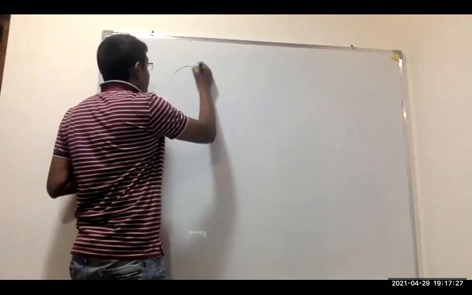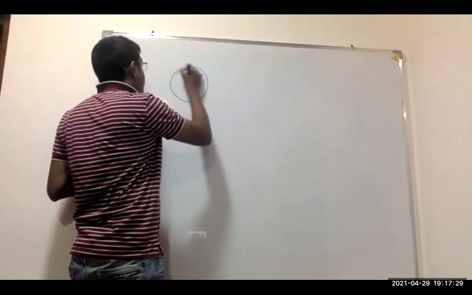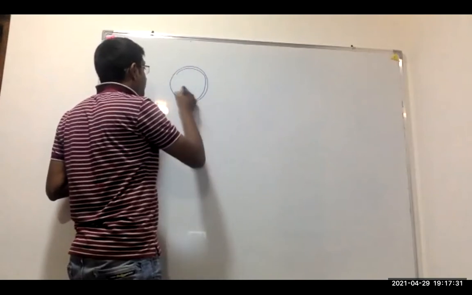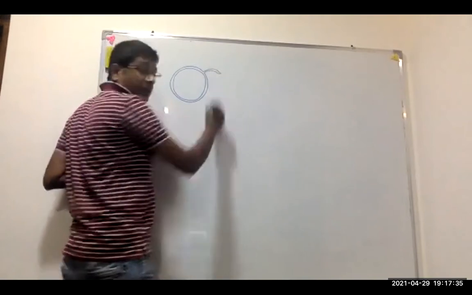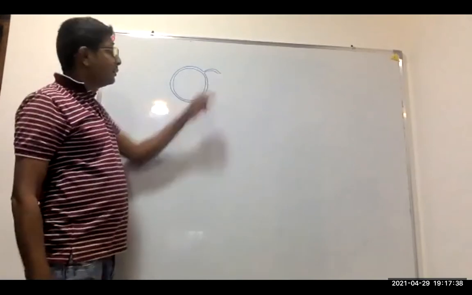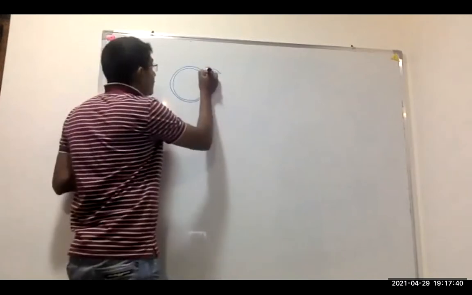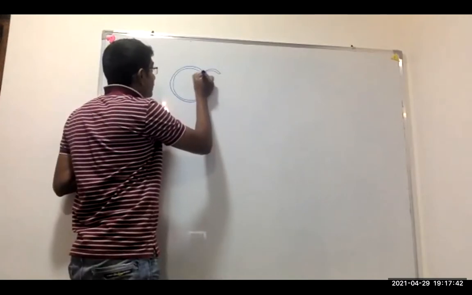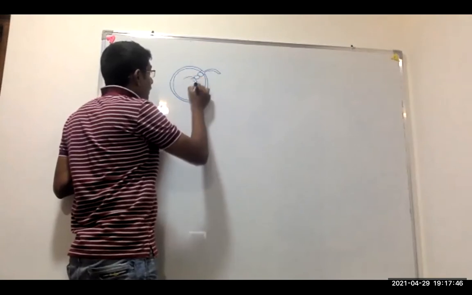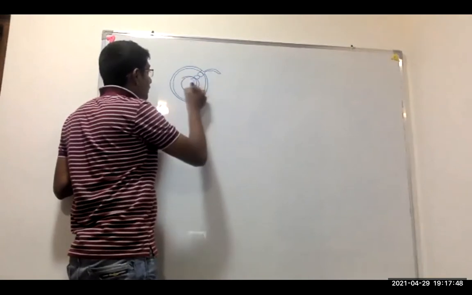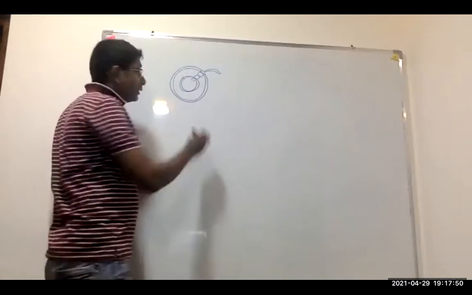Then this is the plant root. You have studied that there is an epidermis. Then the epidermis contains root hairs. Then after that there is a cortex. Then after the cortex there should be an endodermis.